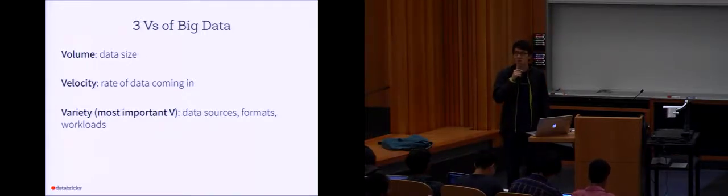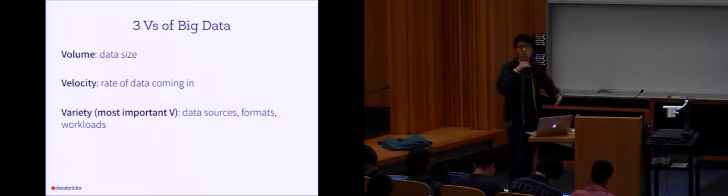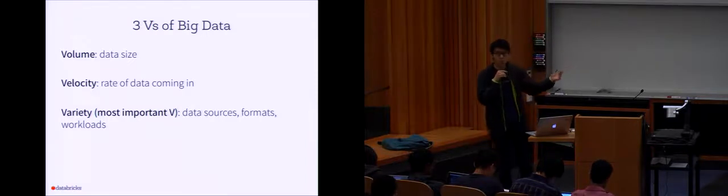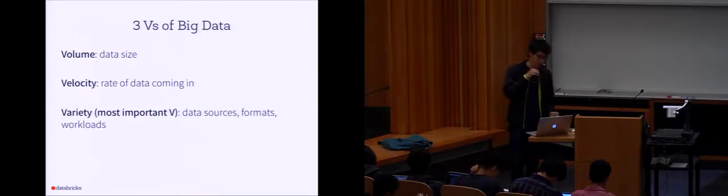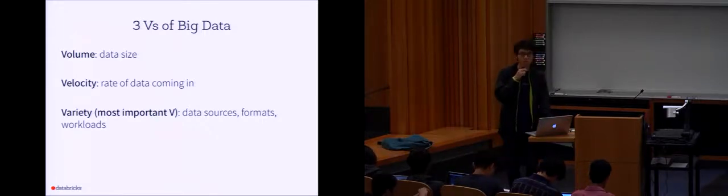Now, in 2014 and 2015, companies are increasingly applying more sophisticated techniques like machine learning to their data. So for variety, it is both the format of data and the sources of data that are coming in, and the methods you might apply to that data that are becoming more variable.